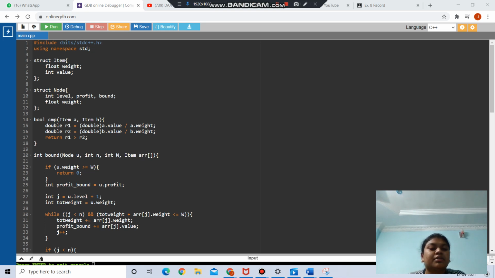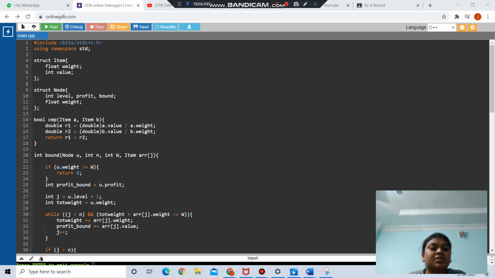And here if u.weight is greater than or equal to W, then it will return 0. And here integer profit_bound equal to u.profit. Then here integer j equals u.level plus 1, and int totweight equal to u.weight.